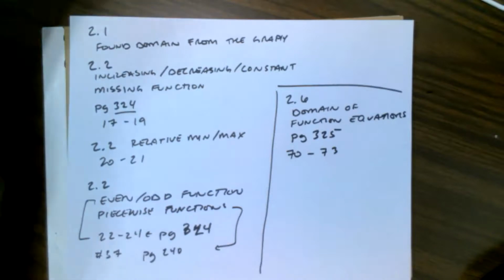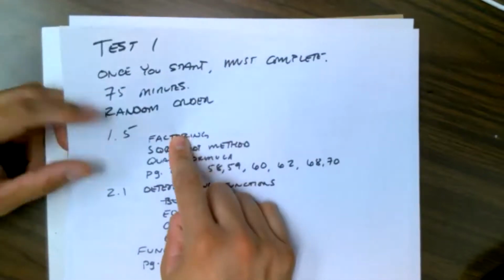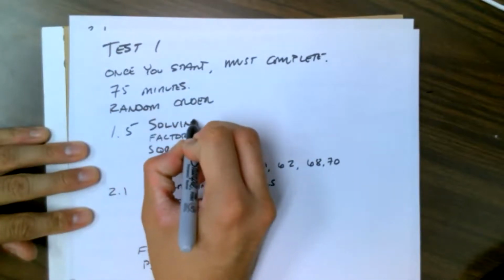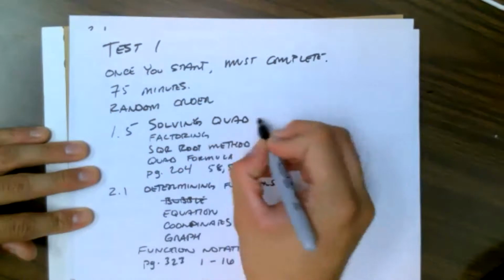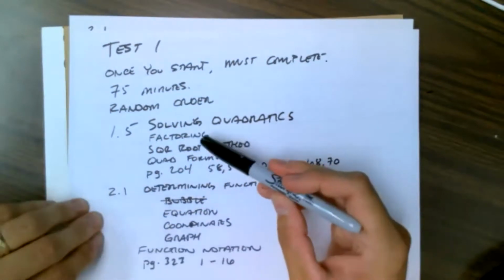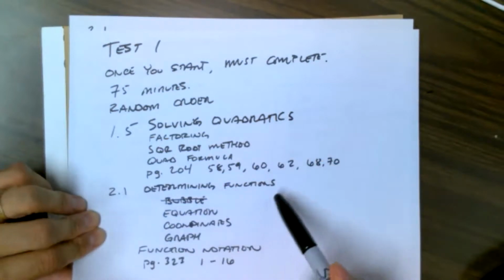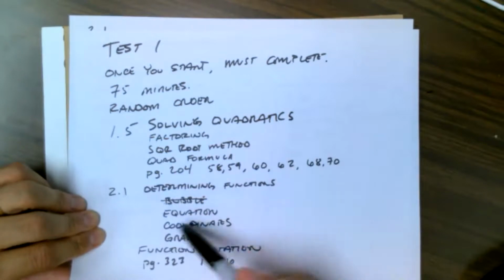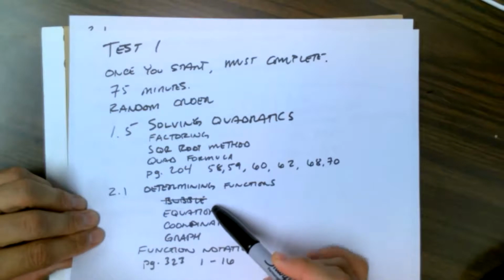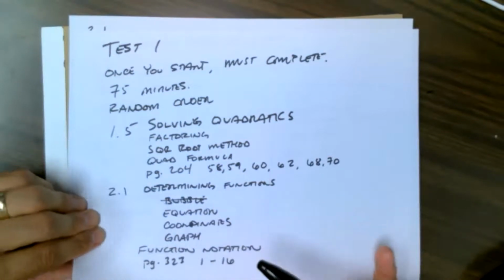I mean, if we kind of go through here, I know you can rewind it if you're watching on the video, but we've got 1.1 is solving quadratics. Ooh, I should put it that way. Hold on. That is solving quadratics. 1.5 is over solving quadratics, factoring, square root method, and quadratic formula. 2.1, we've got first if a relation really is a function, either by the equation of the relation, the coordinates on the relation, or the graph of the relation, and then